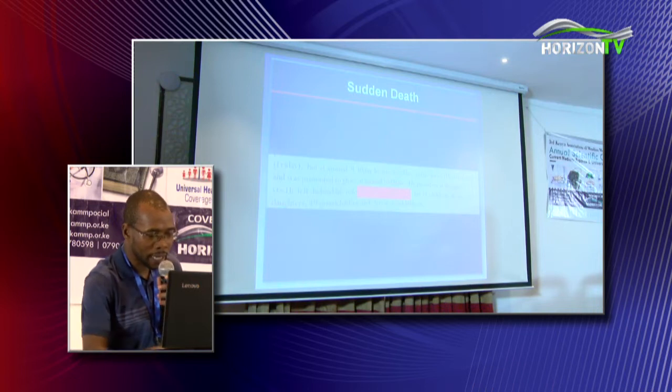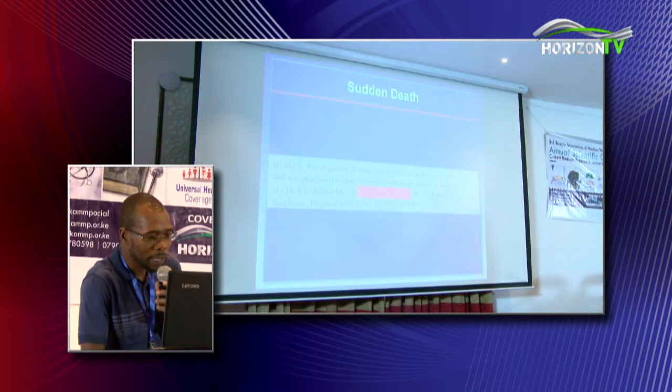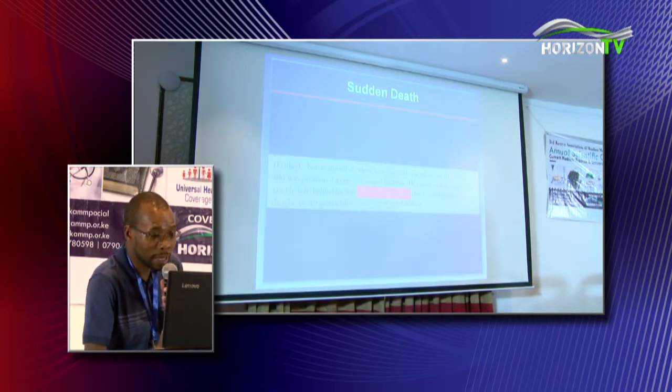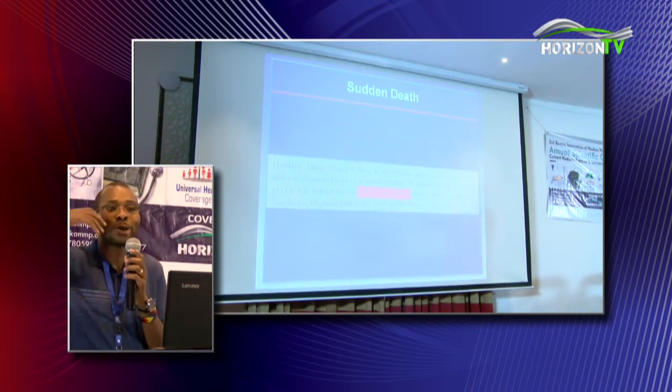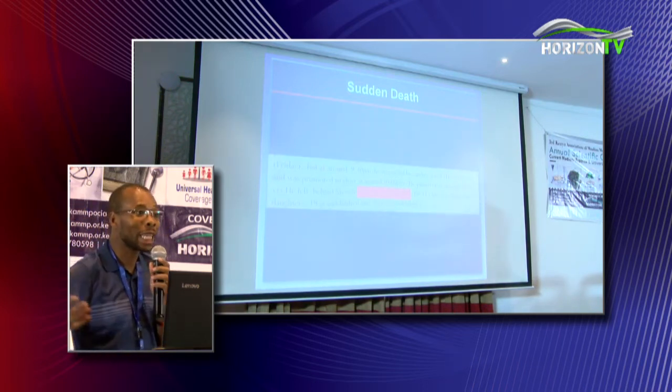This is something I picked up from a newspaper also. On Friday at around 9:30 p.m. he was seized by cardiac arrest, heart failure. Unfortunately, those who are not doctors have their own ways of interpreting what happens in front of them. And he was promoted to glory at around 10 p.m. He passed at the age of 75 years. He left behind blah, blah, blah, blah. These are people who are apparently healthy. And someone goes somewhere and just like that, they are gone.